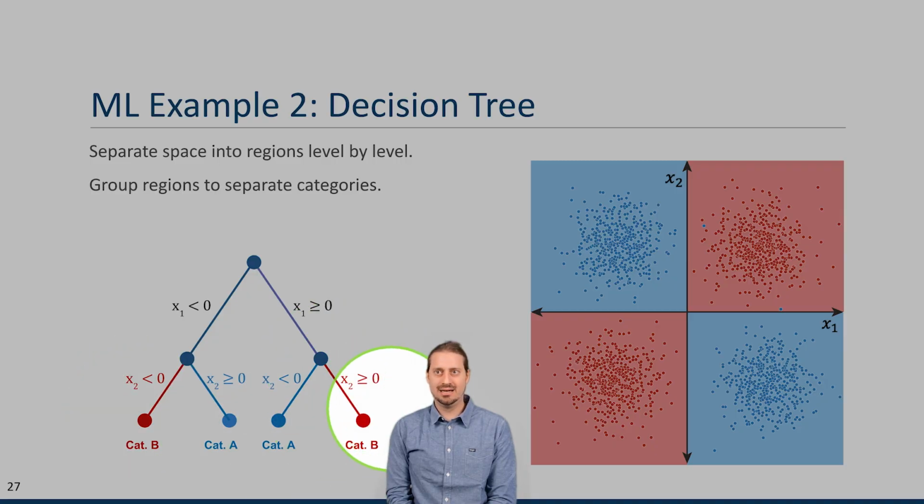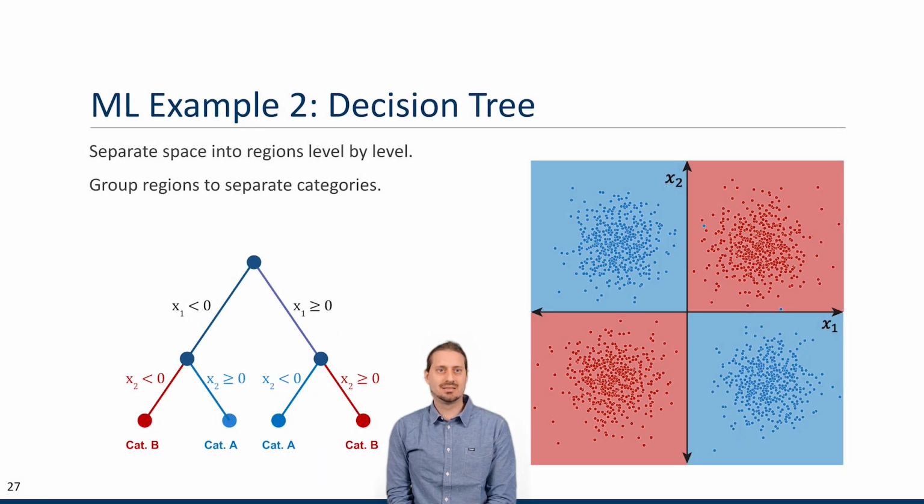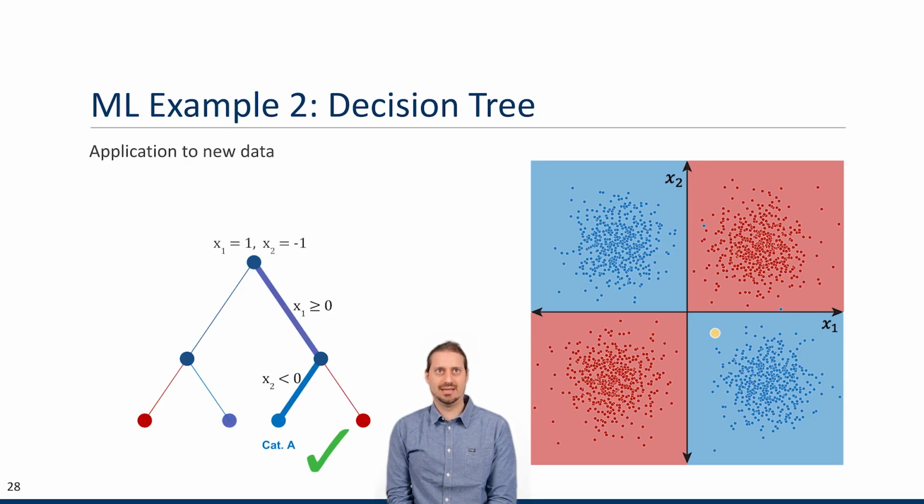And this leaf here, corresponding to these two regions, we associate with category B, and vice versa, we associate these two leaves of the tree, which correspond to these two regions, with category A, right? And now with this more hierarchical design, we can actually distinguish or separate these categories from each other. And again, if we apply this to new data,